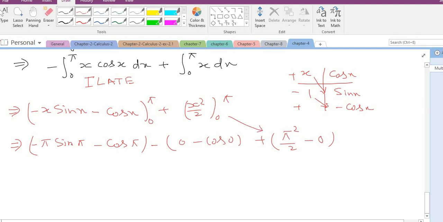So now simplify the pi sine pi. The value of sine pi is 0 and the value of cosine pi is minus 1. So this multiplied by 0 is 0, minus cosine pi is minus 1, minus, see that one, this is 0 minus minus minus and multiplied by minus is